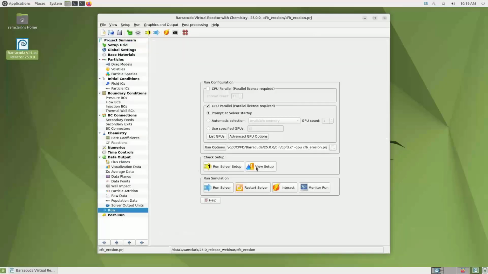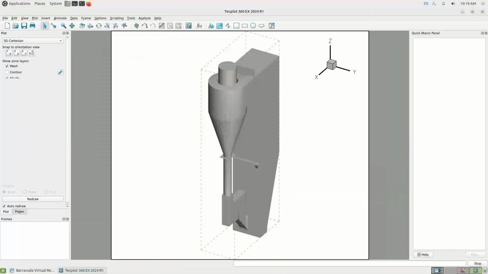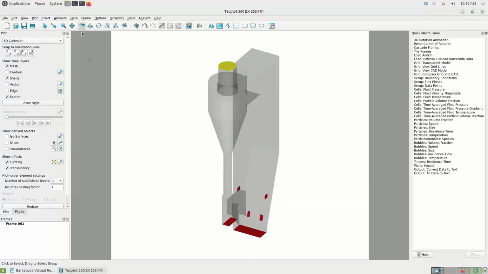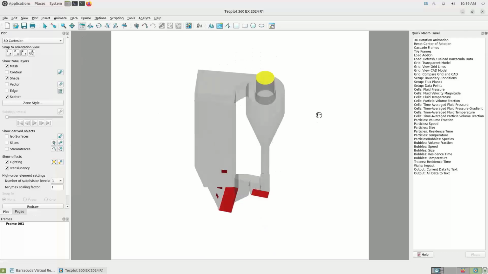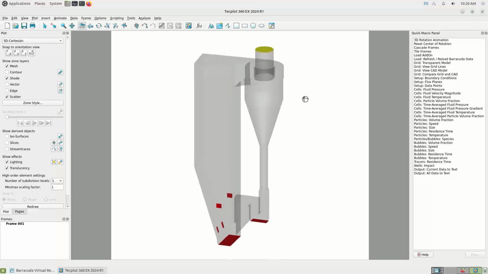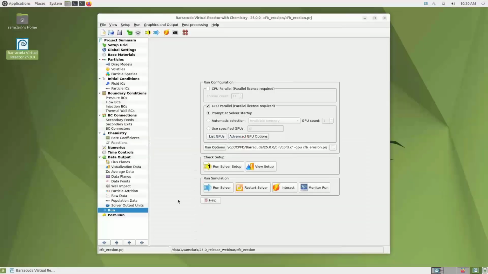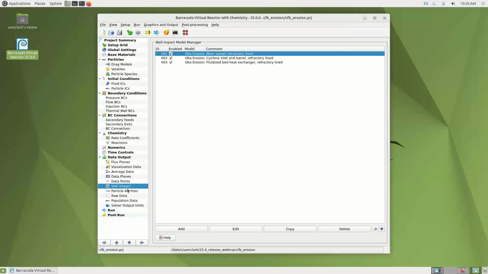Just so you know what the case is that we're looking at, I'm using the CFB erosion supplemental training example, and this is available on the CPFD website for users to download if you want to look at a system like this. In this case, I'll go ahead and close that. We've enabled several wall impact models, and this used to be called wall erosion in the GUI. So be aware, we've made the label a little bit more general because now, in addition to erosion models,